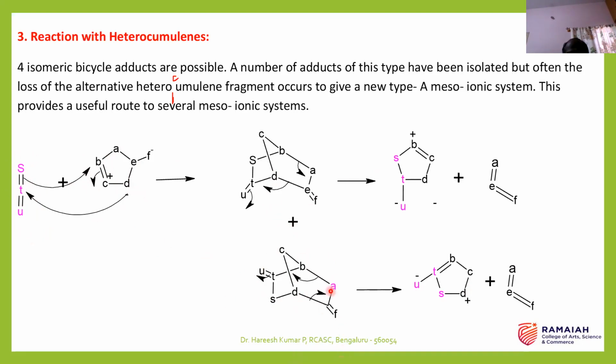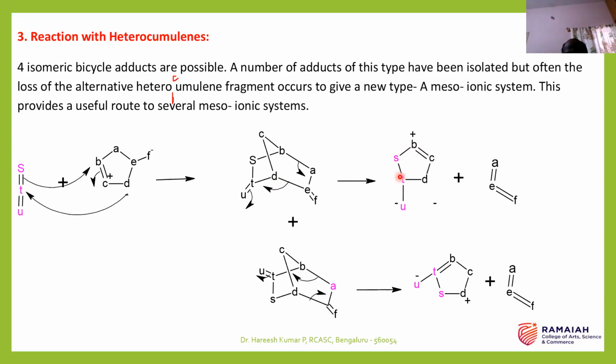Okay, these are two. These two, how are they obtained? By a 1,3 dipolar addition to this atom as well as this atom. That means when T double bond U is in the downward position, you will get this isomeric product. When T double bond U is upward, you will get this isomer. Again, these isomers obtained undergo retro addition. So this bond pair can come over here, and this bond pair can come to this, leading to a new